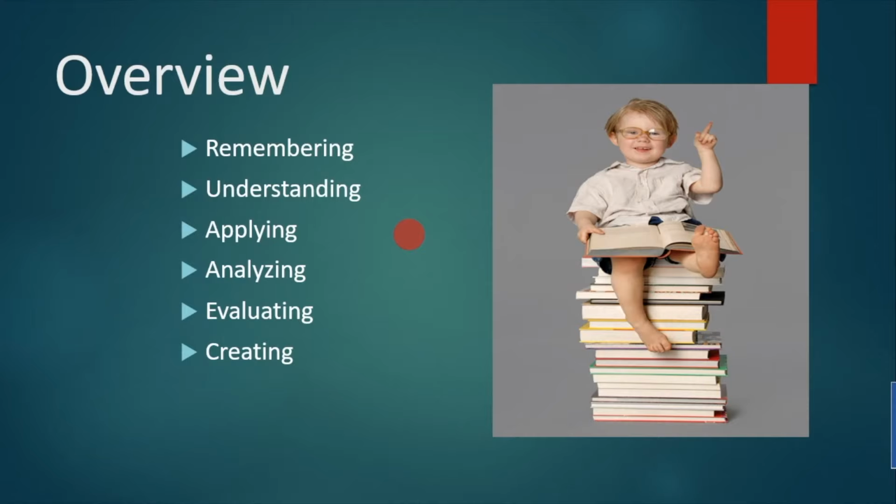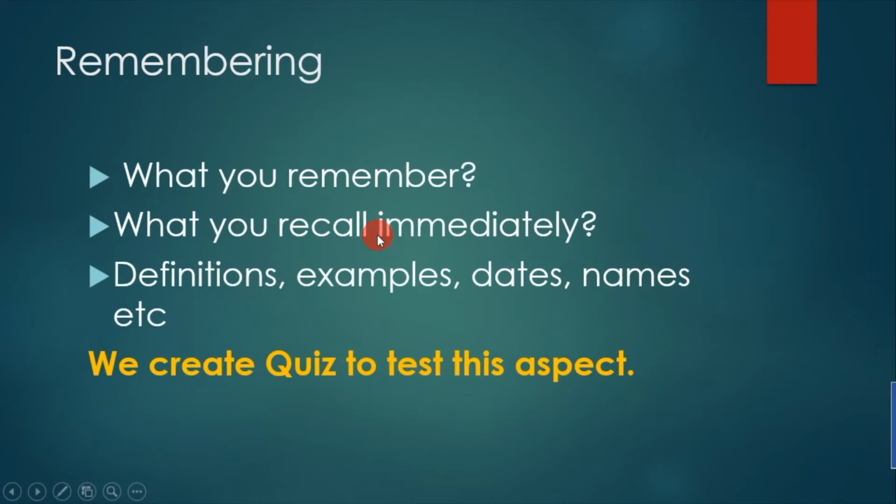Now, as teachers, we need to understand that all these six classifications of learning have to be touched upon, and the syllabus is developed in a manner that in the beginning, that is first semester or first year, we mainly emphasize remembering and understanding. Then from second year, we emphasize applying and analyzing. And in the final year, the emphasis is usually on evaluating and creating. So all six classifications must be touched upon for making the learning effective among students.